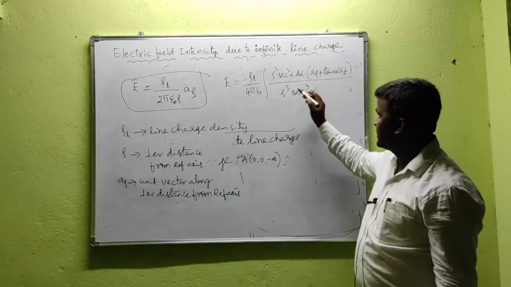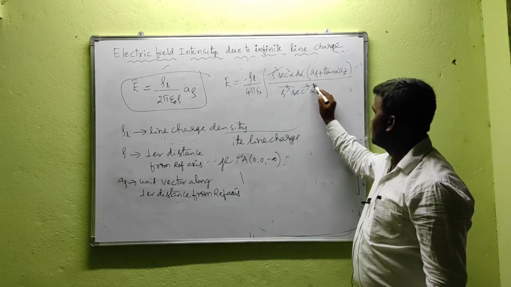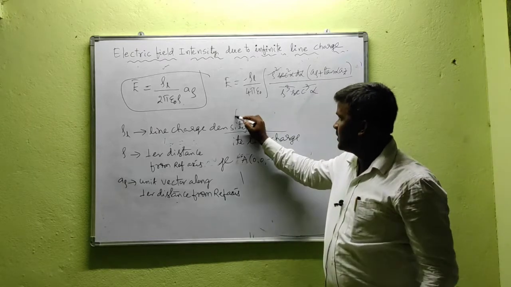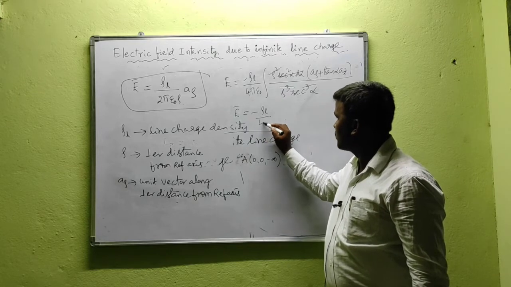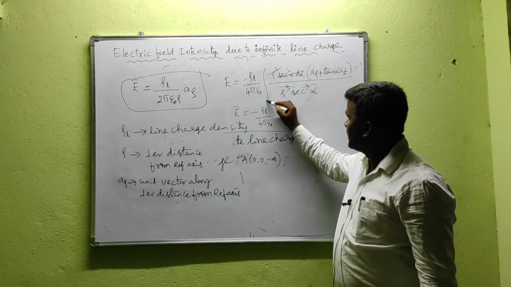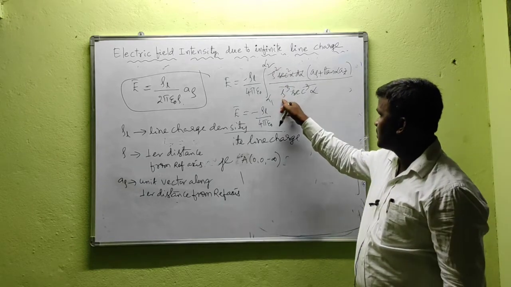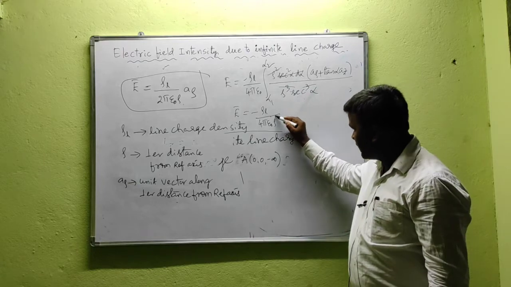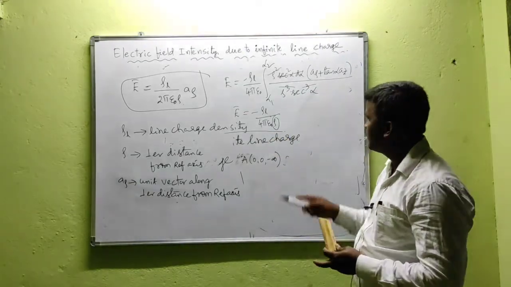Okay, that means here this cube and this rho square cancelled out, this cube and this secant square alpha cancelled out. We can write this one as what? That is E bar equal to what? Minus rho L by 4 pi epsilon naught. Integration is from alpha 1 to alpha 2. Integration with respect to alpha means rho is constant, that is 1 by rho, that is minus rho L by 4 pi epsilon naught rho. I did mistake here only, I forgot to write this 1 by rho. Sorry for that one once again.